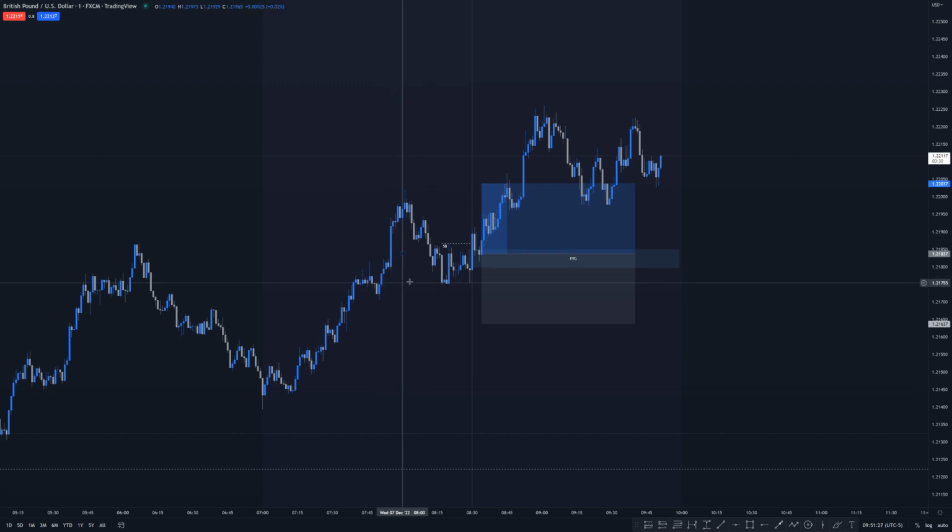There's also a fair value gap in here. As soon as the market broke this structure, broke this high on the half 8, that's ultimately when I decided that I was going to look for fair value gap, look for my entry. As soon as that printed, I marked it up. And when the market came down into here, actually with the spread, it should have been around here, but the spread had me up here, so it is what it is. Went 1-to-1, and the trade lasted all but